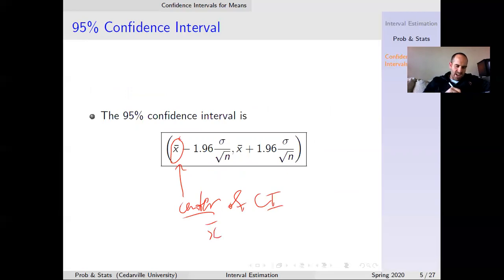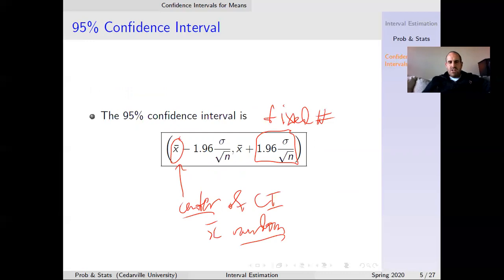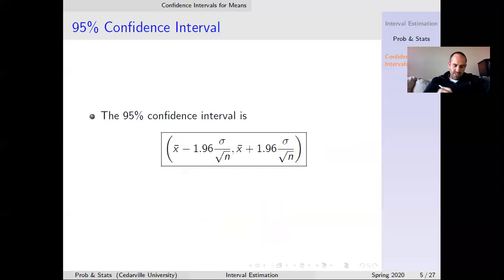And x bar is random. The thing I'm adding and subtracting is a fixed number. So what's really happening is the center of that interval is moving around. As I get different samples, I get the same width interval, but it shifts around depending on what x bar is. So the interval itself is random. The length of it isn't random, but the center is random. Okay, all that to say